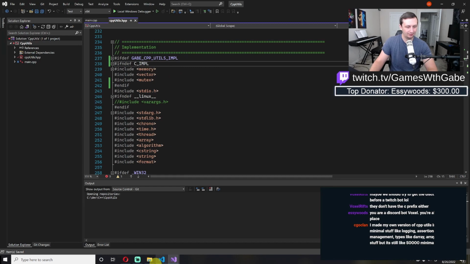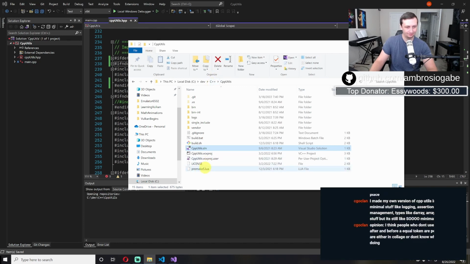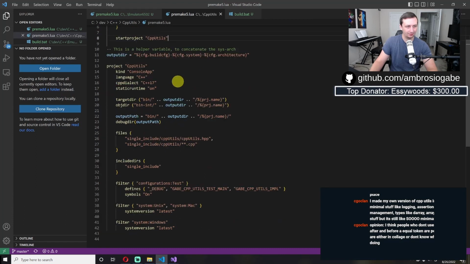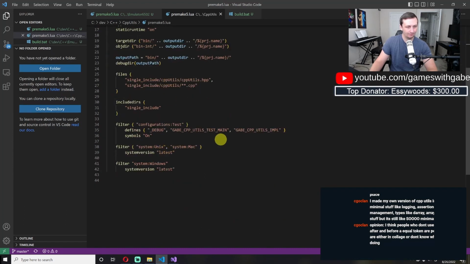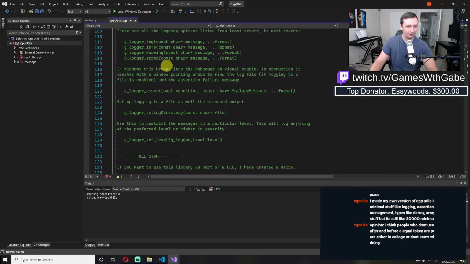Okay, so that should stay in there for now. Let's go into, now we're doing a couple of things. We're doing like 2 projects here. Let's go open this with code real quick, because now I gotta change a couple things. Yeah. Okay, what I'm gonna do is we're gonna go up here for now, and then this will be something